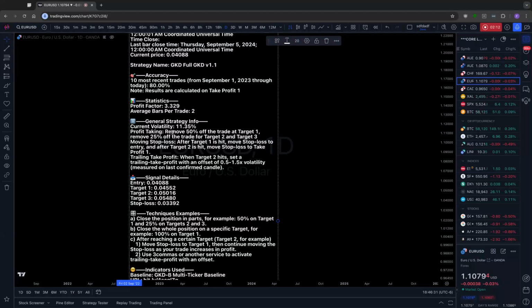Profit taking, we'll go over this another time, but essentially, if you enter a trade, then when you hit take profit one, you remove 50% at take profit one. So if you buy, let's say, 10 Bitcoin, you hit take profit one, you sell off 5 of them. So you're left with 5 Bitcoin. When you hit take profit two, you take that 5 and you split it in half again, which is 25% of the total. So you would sell 2.5 Bitcoin on take profit two and then 2.5 at take profit three,